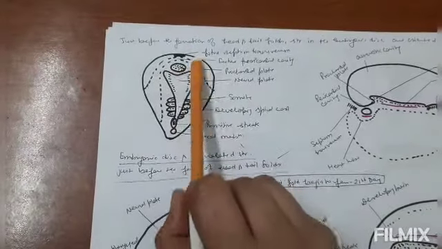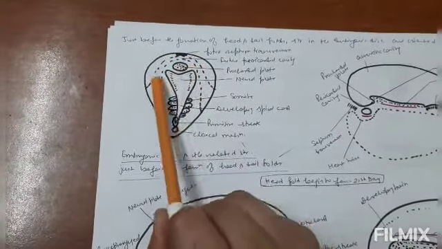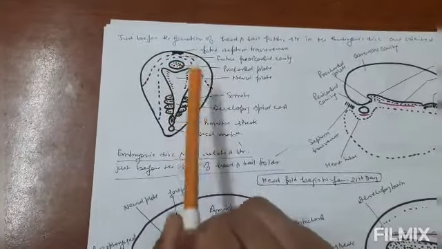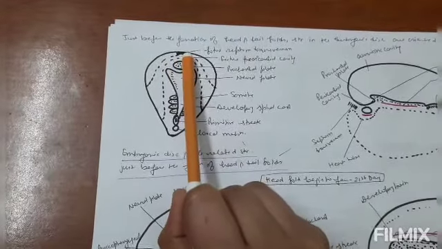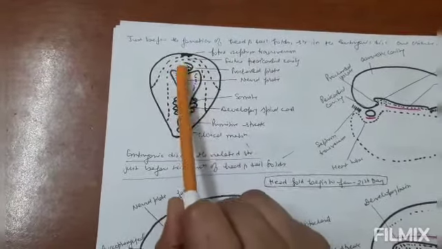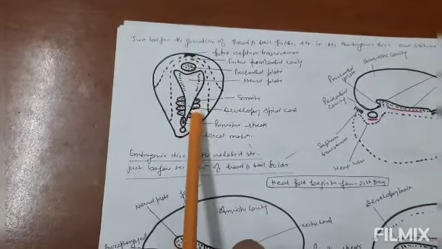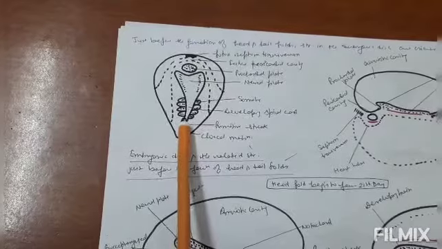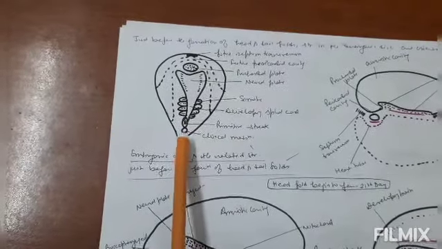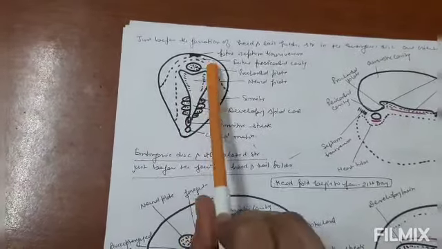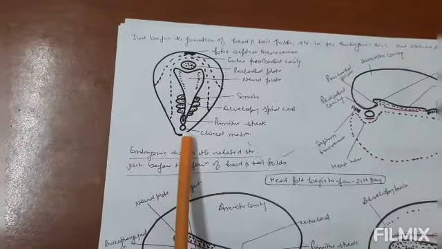So here you can see that a pericardial cavity has been formed. The future septum transversum is there. The procaudal plate has been developed. The neural plate has been developed along with the somite development, with the primitive streak and the cloacal membrane. So before the 21st day, we are getting all these structures in a developing stage.